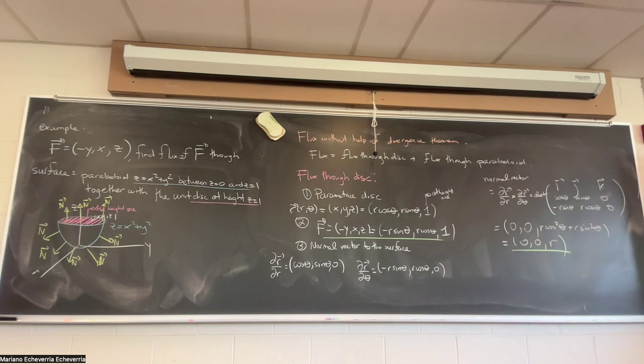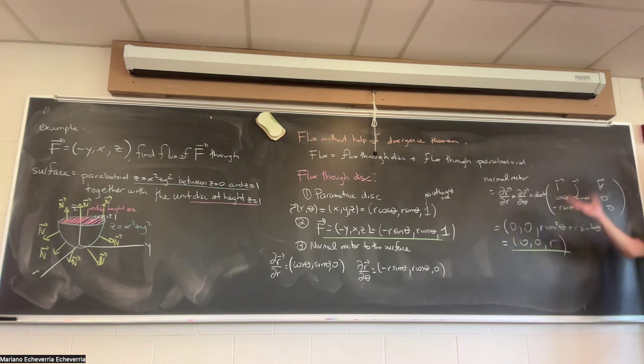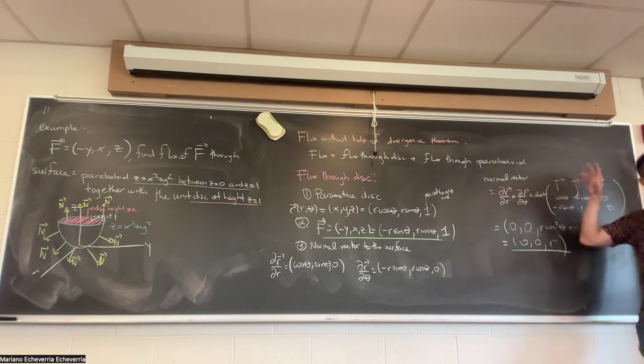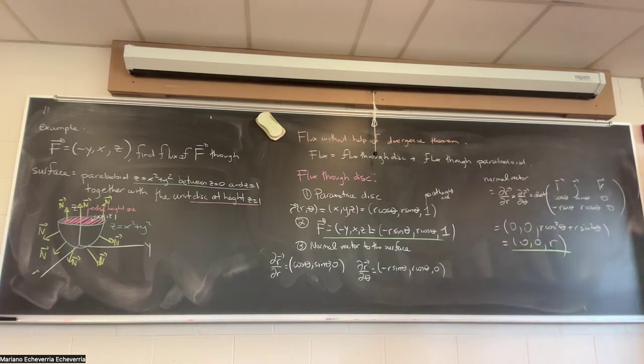Two things to notice here. First, the third entry is an r. In polar coordinates, we would always write r dr d theta. As I mentioned last time, that's where that r comes from. So this already incorporates the Jacobian. When we do the integral in polar, there's no need to multiply by an extra factor of r because it's already here secretly. The cross product comes with the Jacobian inserted in the entries.